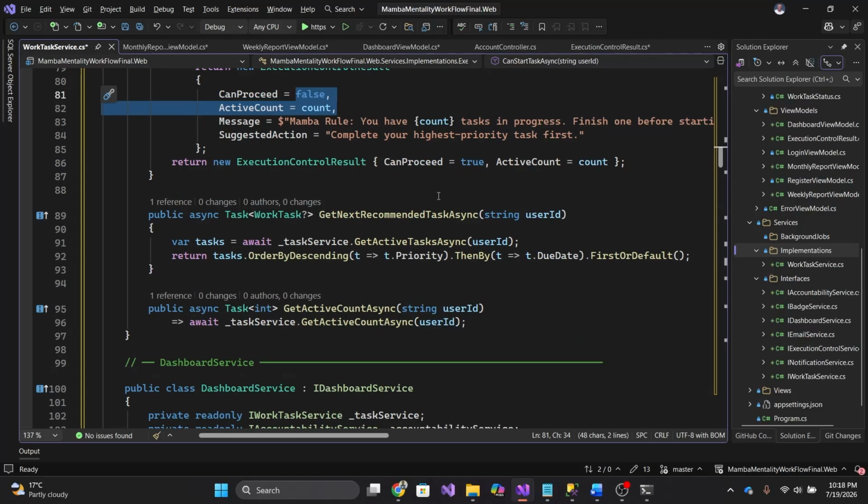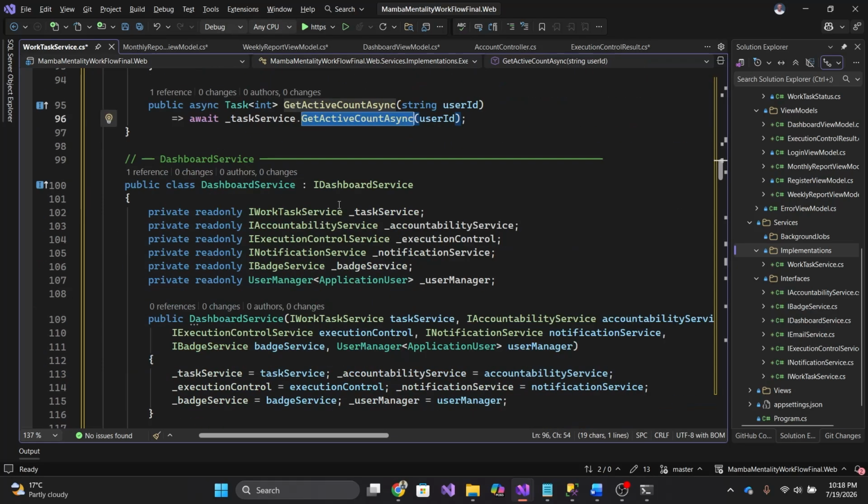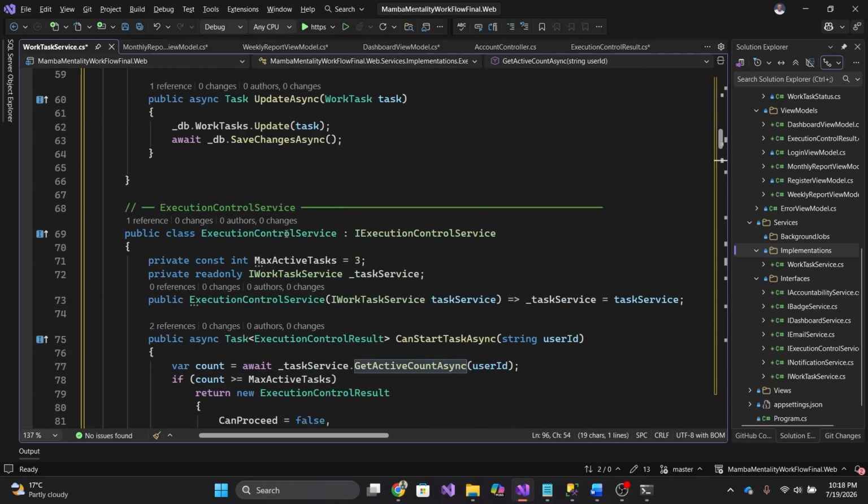We have get next recommendation. So we're going to say, get us the tasks that are active, order by descending in terms of priority, then by due date. So that one is the one we think is close, and we are asking you to say, can you please start that? To get the active count async, we're just going to go to the service and get the active count async, which we have over there. That's to do with the execution control service. We've seen that. I'll push it into another